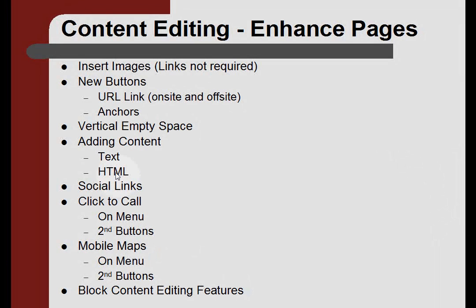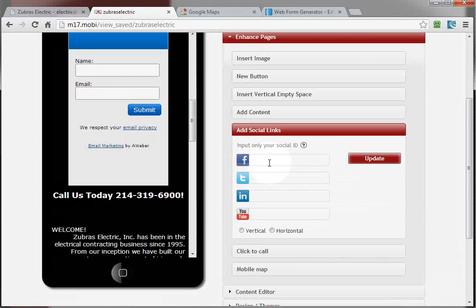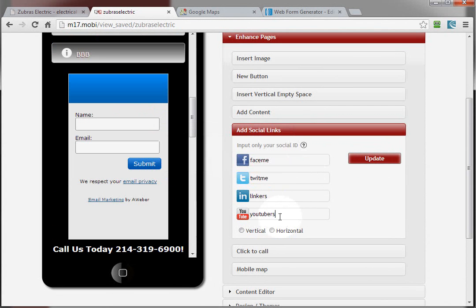Okay, next on the agenda is social links. This is actually pretty easy to do. Let's close that section, add social links. Here you actually have to input only your social ID. You don't have to put the full URL. So if it was Facebook something or other, just face me if that was your Facebook ID, Twitter, twit me. LinkedIn, YouTube. Whatever your social ID is, you don't have to put the whole URL in. Then when you click update,